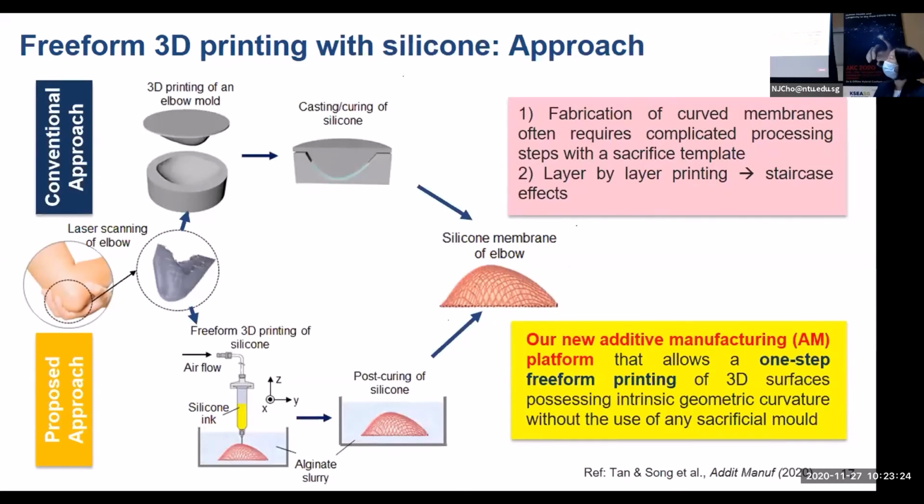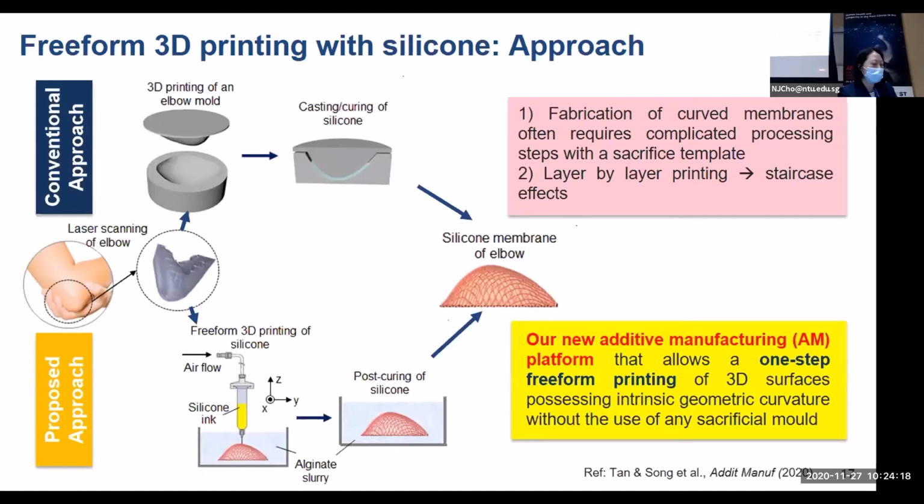So far, silicone rubber membranes have been made using indirect 3D printing. You print the mold using 3D printing technology, and then cast a thin film using this mold, and then you get the silicone membrane. This process is very straightforward, but the problem is that you need to produce a wasteful mold, and you cannot customize the silicone rubber membrane easily because you produce the mold to make customized silicone rubber for individuals. So instead, we use the direct printing method with the supporting matrix system. Using this freeform 3D printing system, we can easily customize the silicone rubber membrane, and the silicone rubber itself can also be printed